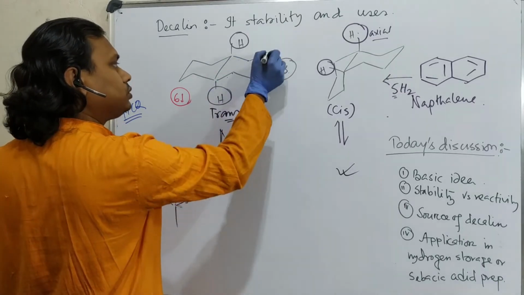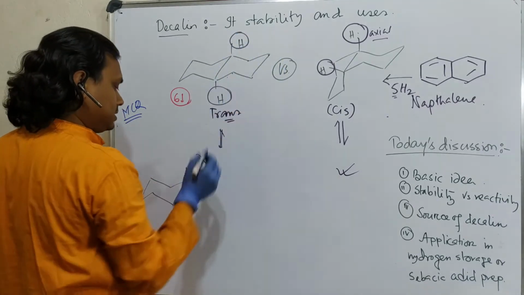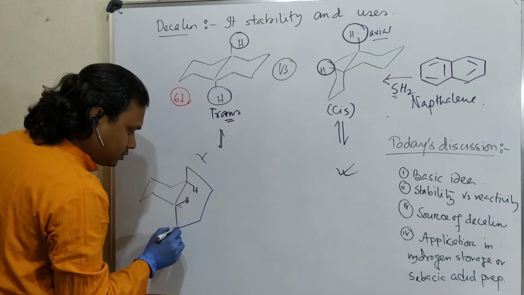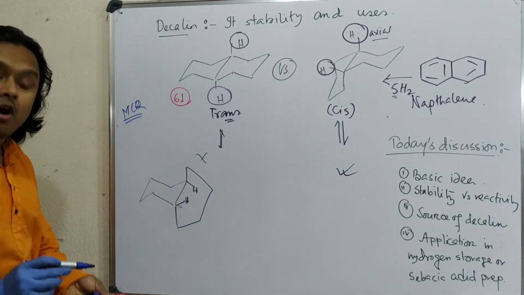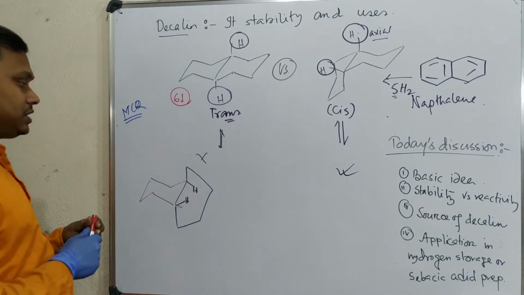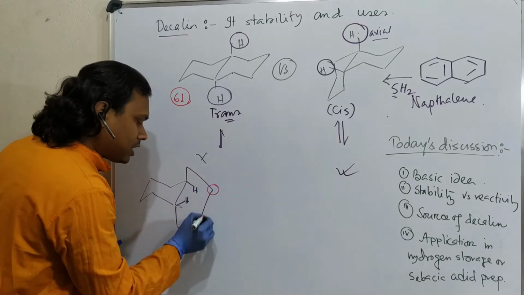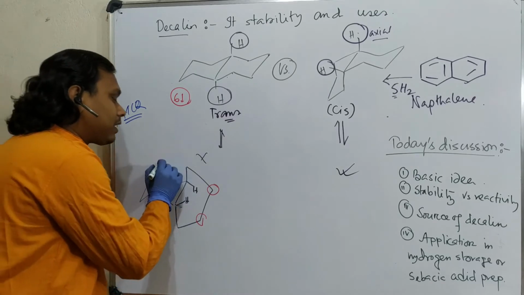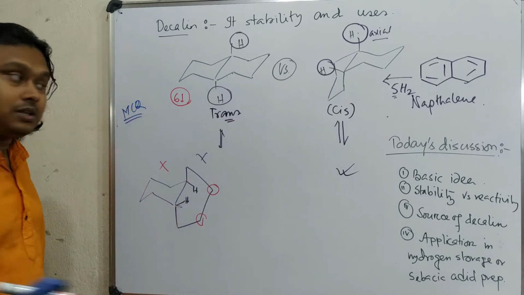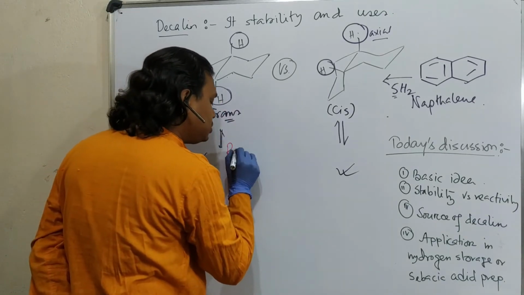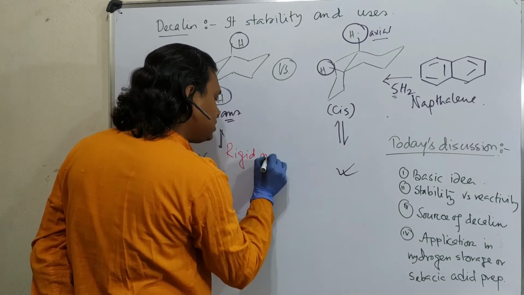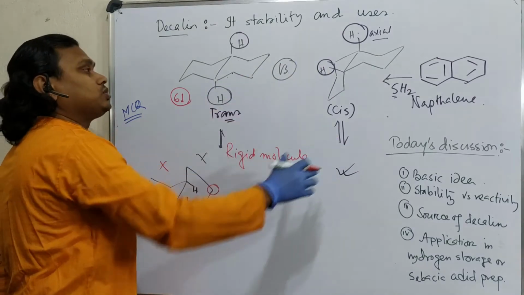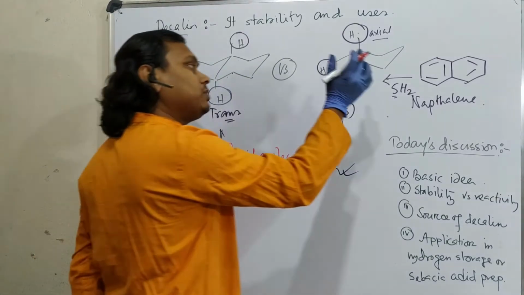1, 2. Right now two carbons are left, either this or this. So these two carbons, carbon number 1 and carbon number 2, do you think it is possible? Obviously it's a very strained condition, and these two carbons, 1 and 2, are not enough to separate them. That's why they can't undergo flip. That's why you can consider this is actually a rigid molecule. So we understood that rotation was not possible in this case, but rotation is possible in this case.